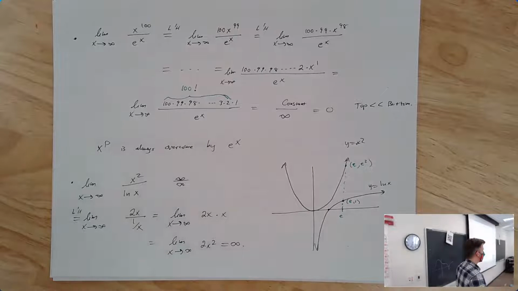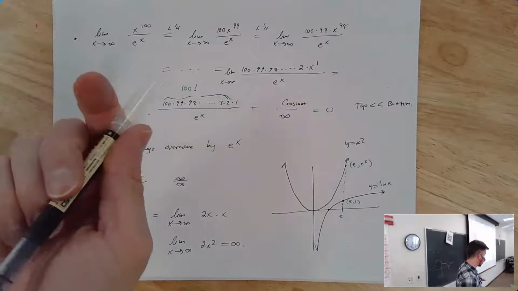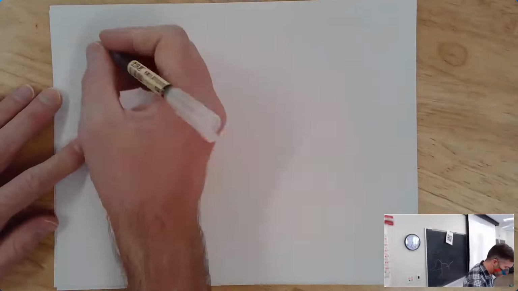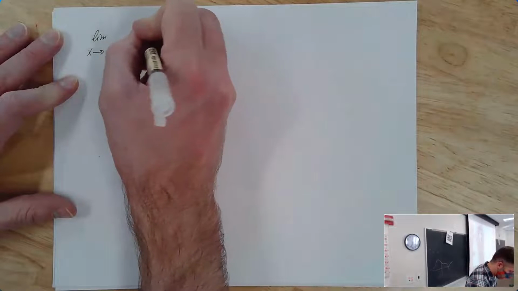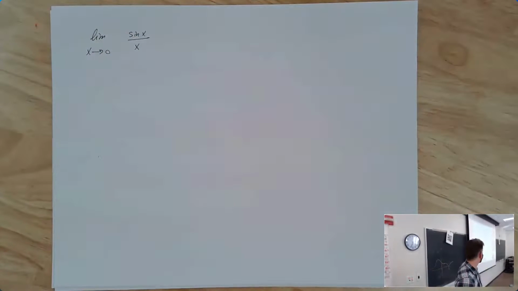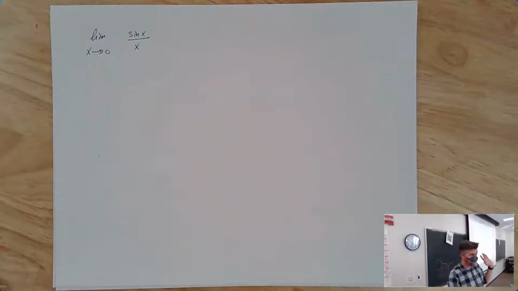That said, you don't have to have a limit to infinity to still be able to use L'Hopital's rule. So let's look at some other examples that don't have x going to infinity. Here's one that should look vaguely familiar: the limit as x goes to 0 of sine x over x. I think we talked about this one a while ago. This is a limit you're probably expected to know. Can anyone tell me what it is? It's definitely 1. We know it's 1.